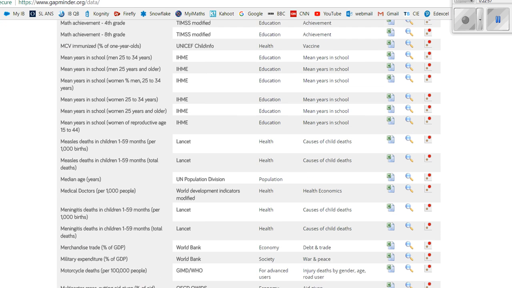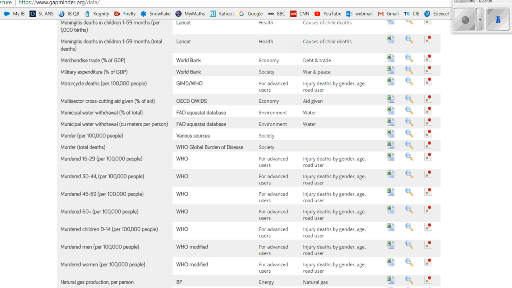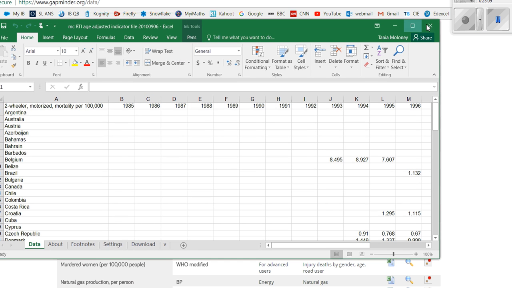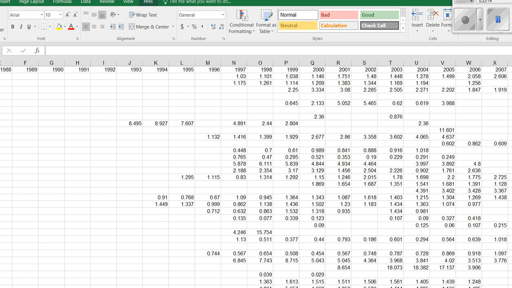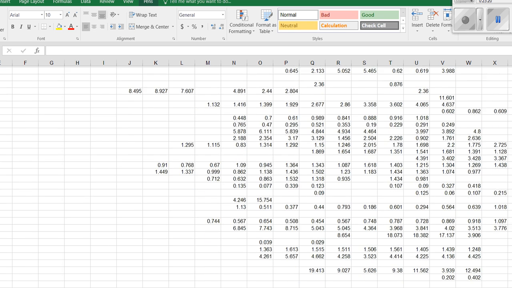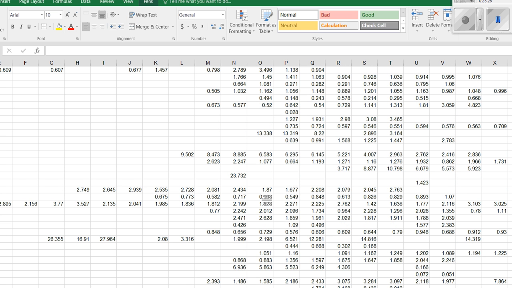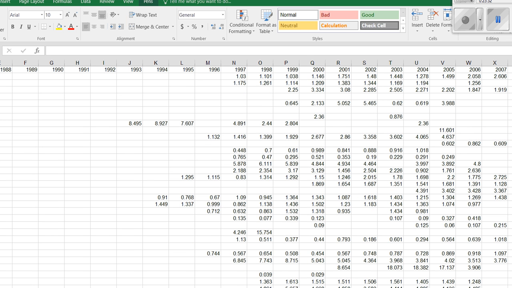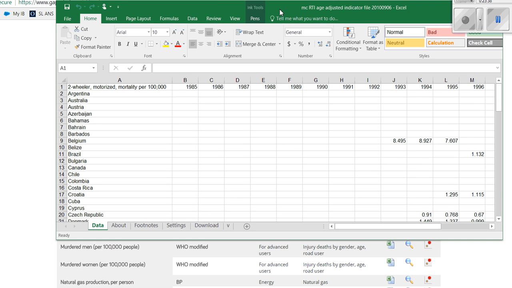It's a bit weird. Motorcycle deaths per 100,000 people. They don't. Don't know. Even recently? Let's see. Doing better. This is the best one so far. So Bermuda has their own, but obviously this site hasn't collated it. And then you'd want to look to see how they did it. How did they record it? They call it adjusted indicator file. There's some formula they use to calculate it.